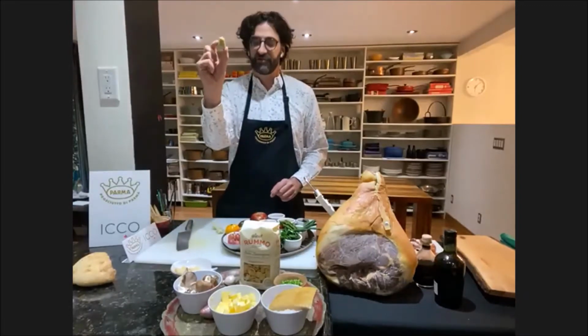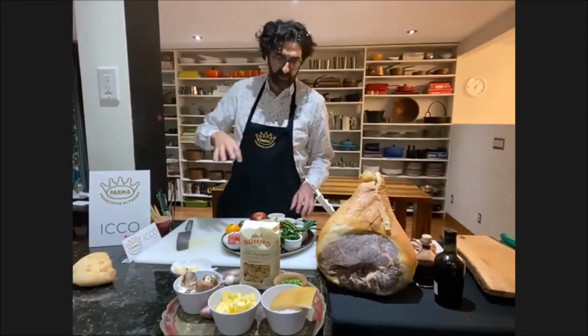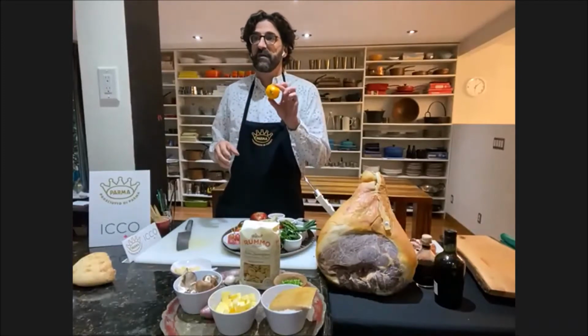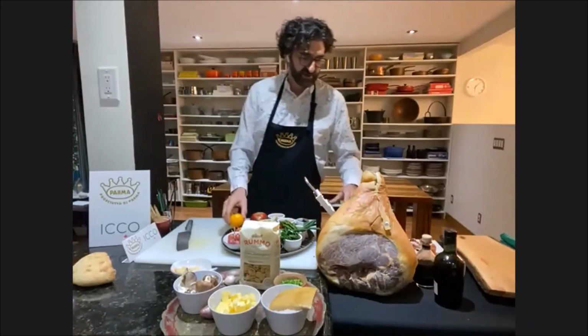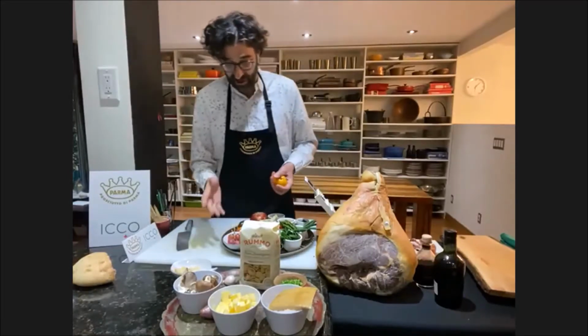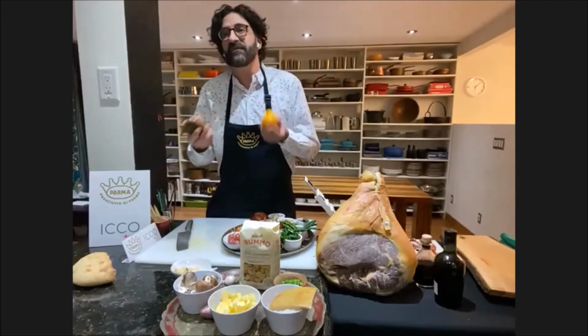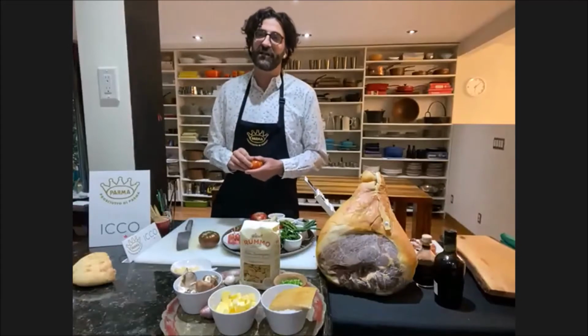So you can see that it's an artichoke and it doesn't sort of disappear on the plate. The other little bit of prep that we have to do is the tomatoes. We have three kinds of heirloom tomatoes here: yellow, red, and then a green guy. I just do this for color. It doesn't have to be these kind of tomatoes, but they just look a little nicer on the